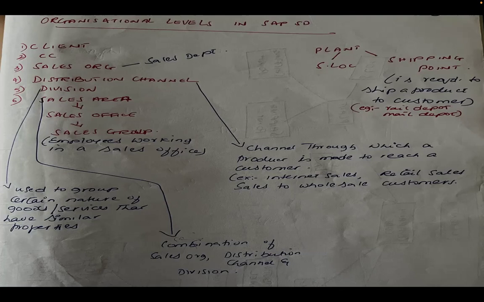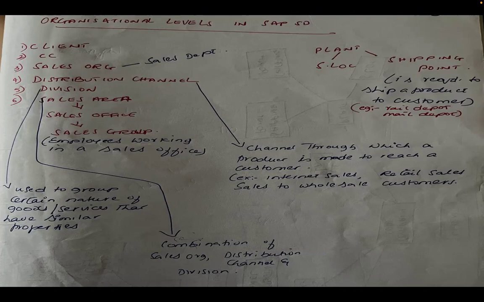So in SAP, any of the logistics modules you talk about, be it MM, SD, PP, WM, PM, QM, and so on, all these logistics modules will work upon plant. So without a plant, we cannot have any of the activities on these logistics modules to be activated in the SAP system. So plant is one of the essential org levels, and wherein, as I said, we take care of